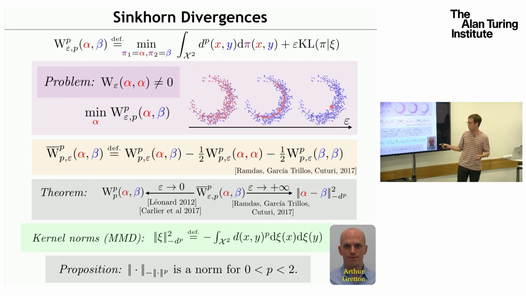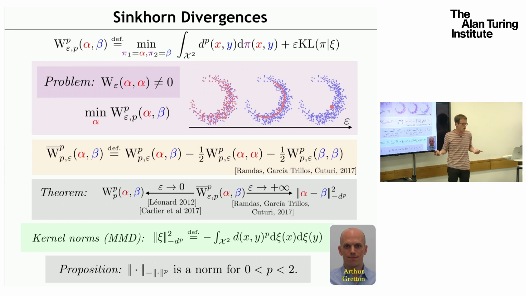It was introduced a lot in statistics by Arthur Gretton. What is it? This squared norm is just a double integral of your kernel against a measure. How do you do this? You take alpha minus beta, this gives you a measure, and then you compute the double integral against your favorite kernel. And here the kernel you need to use to have this limit is minus your cost, so minus the distance to a power p,